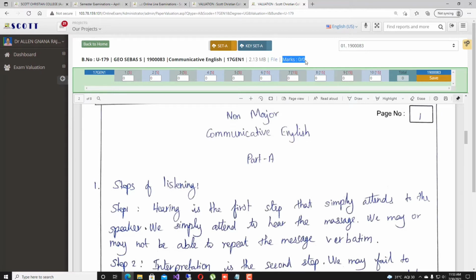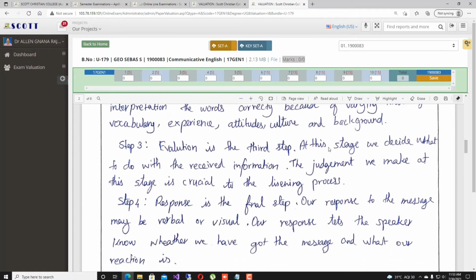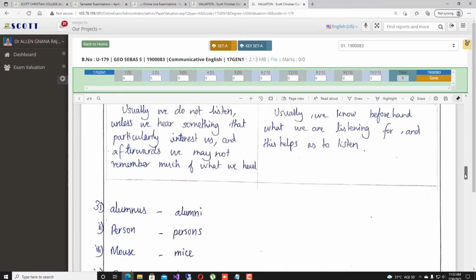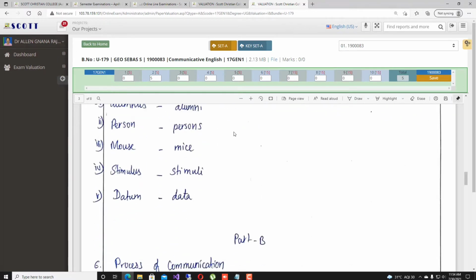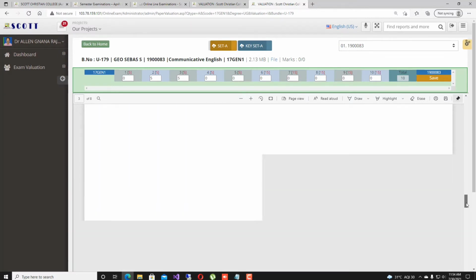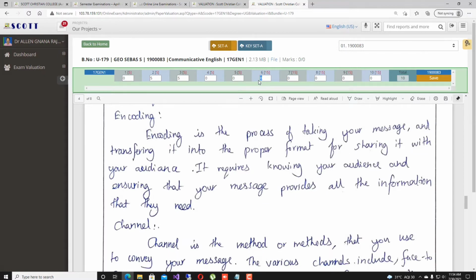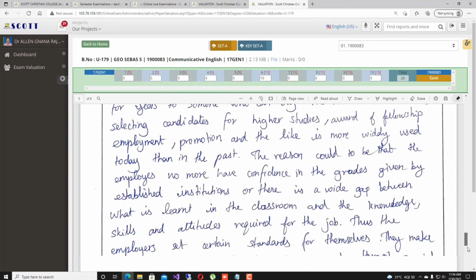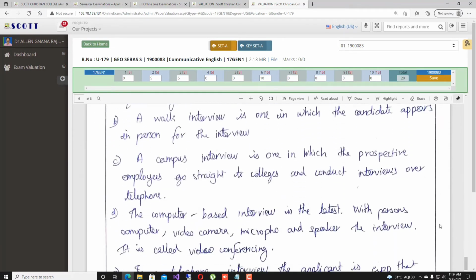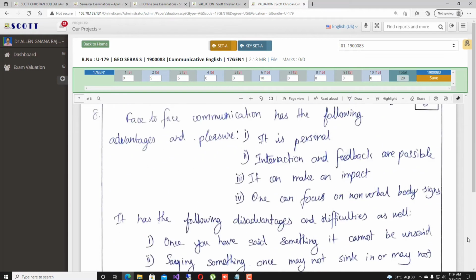One by one, you put marks. On the top of the paper, you could find the maximum marks in brackets, and there is an empty box there just below it, small box. You could award the marks of the particular question you are going to value. Likewise, one by one, you could value the question and put the marks. Maximum mark is given in brackets.